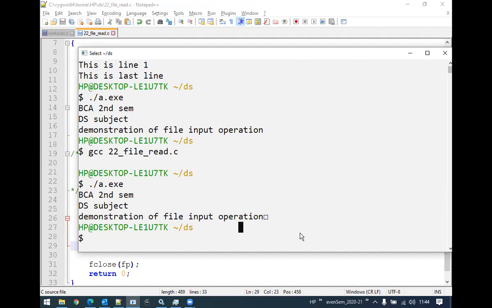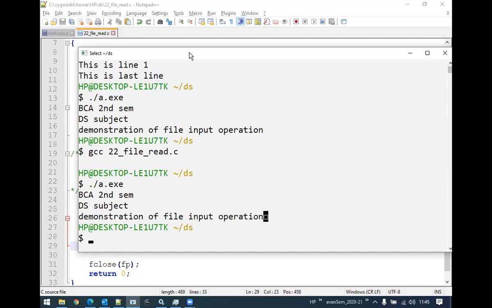Charan? Yes, there is one extra character getting printed, right? There is a kind of a square which is getting printed.